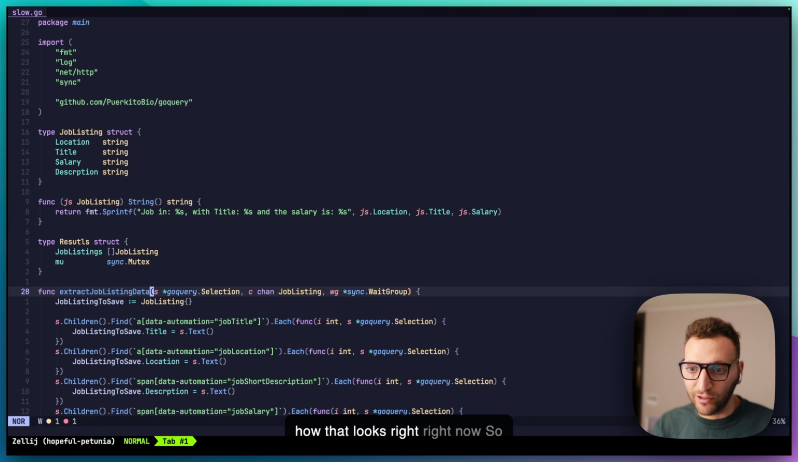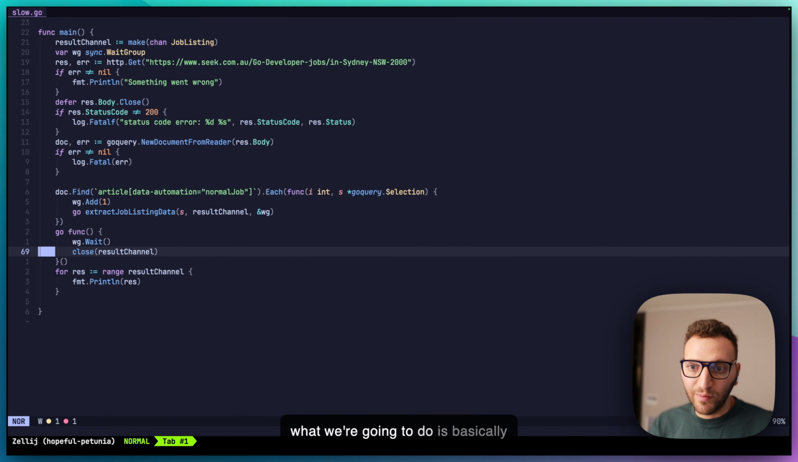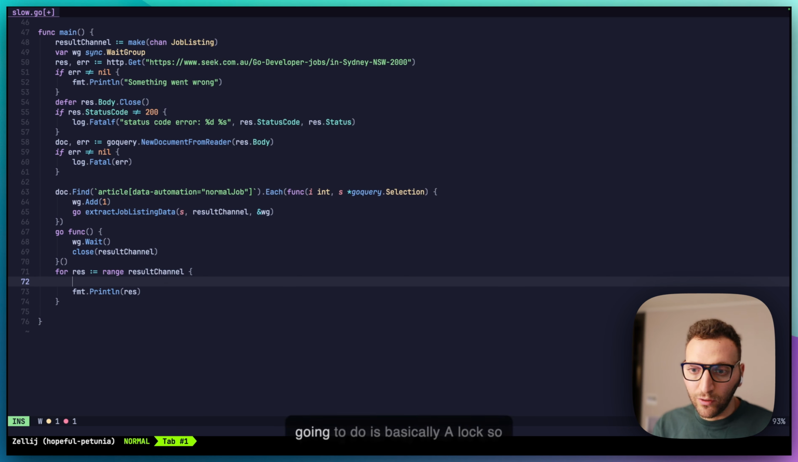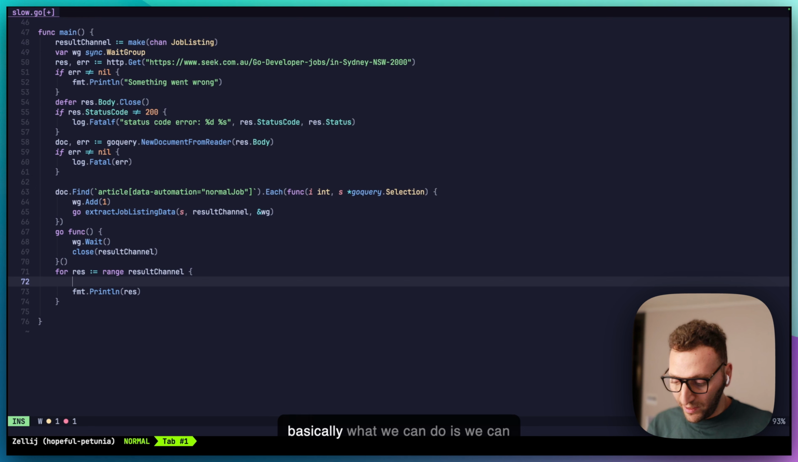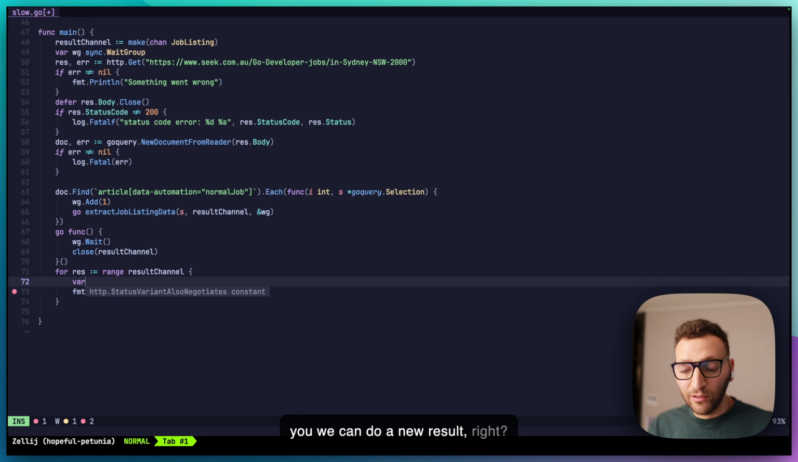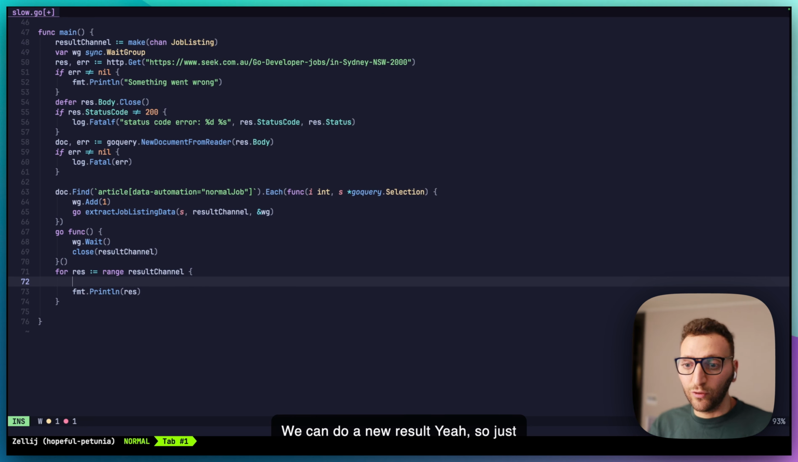And we will see how that looks right now. So what we're going to do is basically wait as normal, and then when we get the results from the channel, instead of printing it that way, what we are going to do is basically lock. So basically what we can do is we can do a new result, right? We can do a new result. So just call scrap